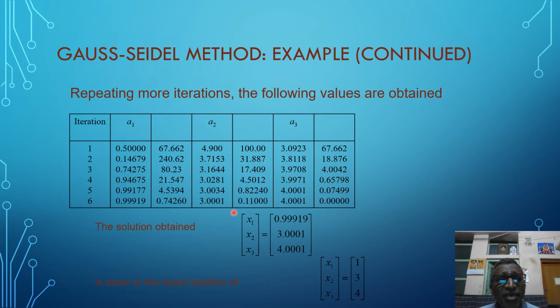So finally, after doing 6 iterations, you see that I am getting the value of x1 as 0.99 and so on, x2 as 3.0001, and x3 as 4.001. So approximately the values are x1 equal to 1, x2 equal to 3, and x3 equal to 4. So therefore, this is what is